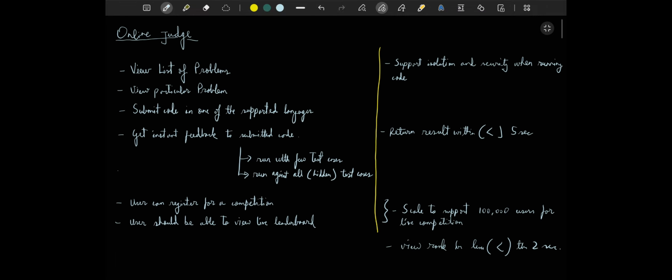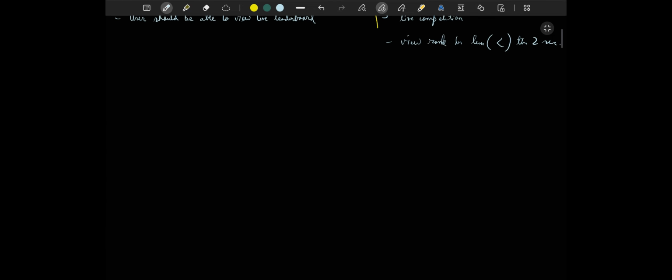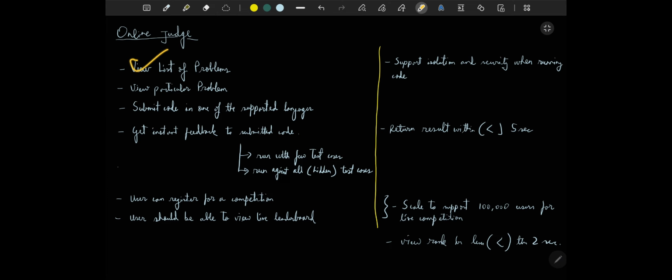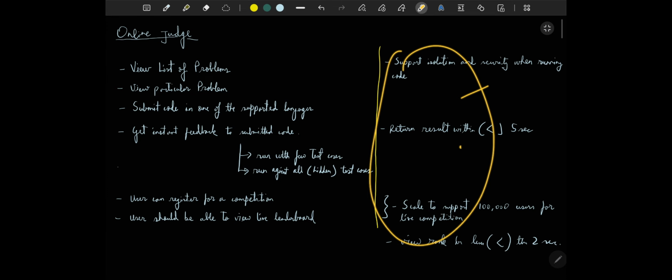Now comes the exciting part, because we have understood overall what is being expected out of this online judge system. Before even jumping, our next step would be thinking about APIs which satisfy all of these different functional requirements that we have kept, and then coming on to the system design itself so that we start supporting our non-functional requirements. But before that, I want to lay out or list down some important things like the problem